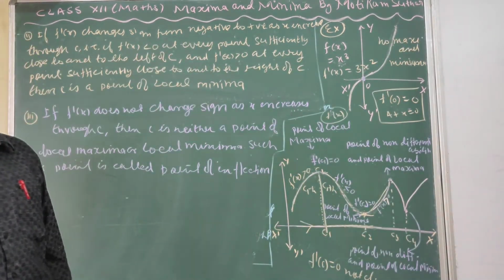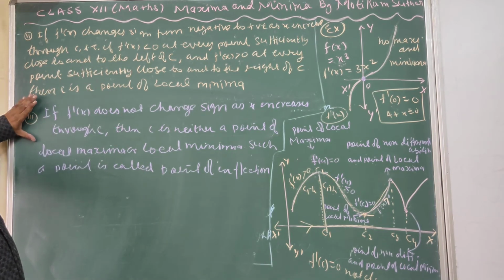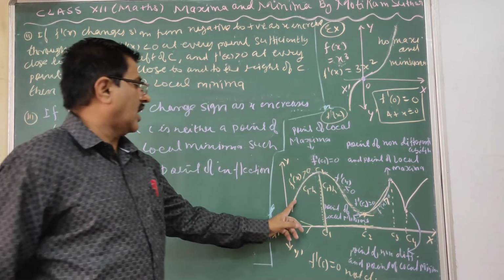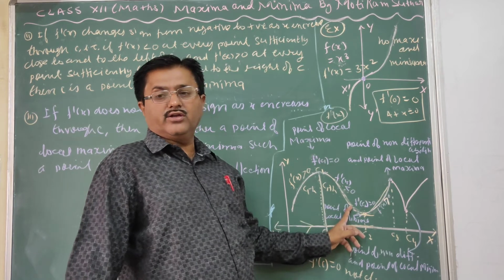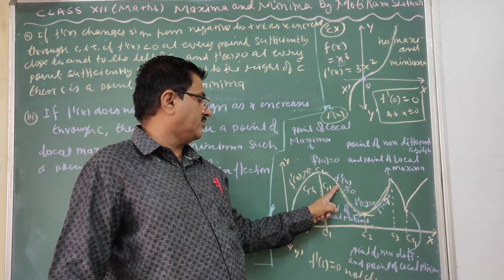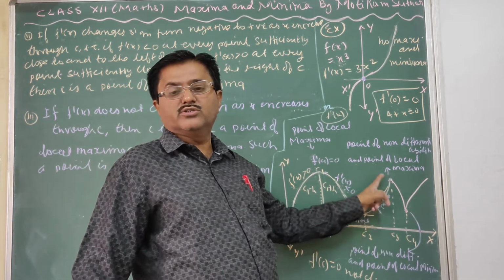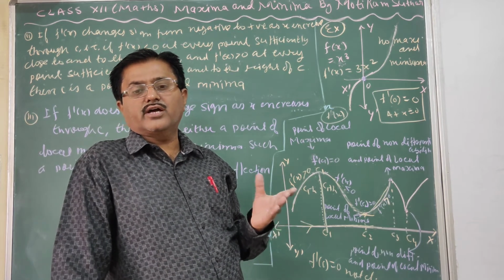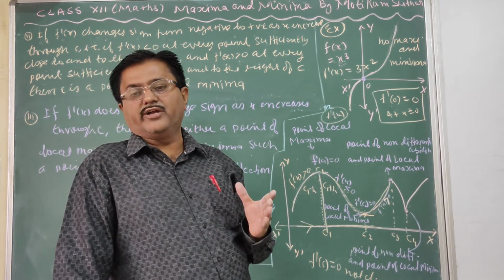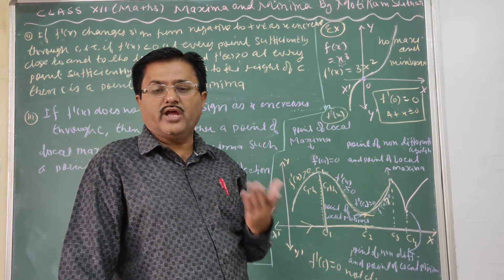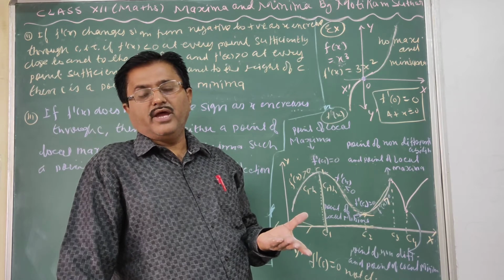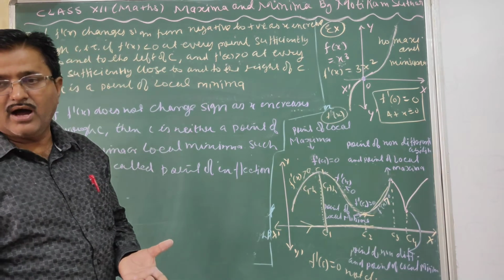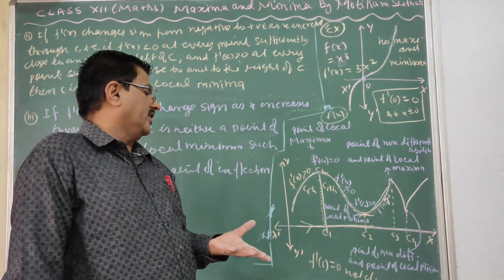So the third condition, third point of the first derivative test. In the first point we have to see the sign changing from positive to negative. In the second point we see the sign of the derivative changing from negative to positive. So there are two possibilities already. As x is increasing, the corresponding value of the derivative will be either positive to negative, then it is local maxima, and if it is negative to positive, then it is local minima. Now suppose there may be a third condition.